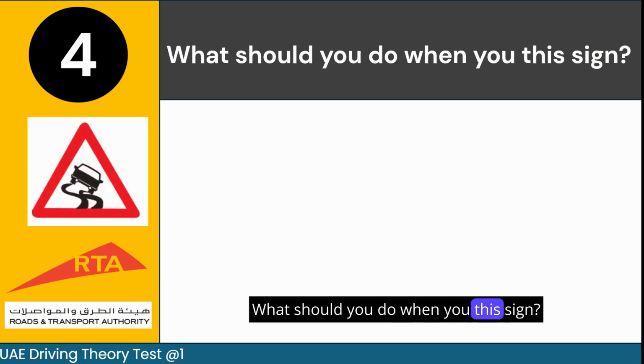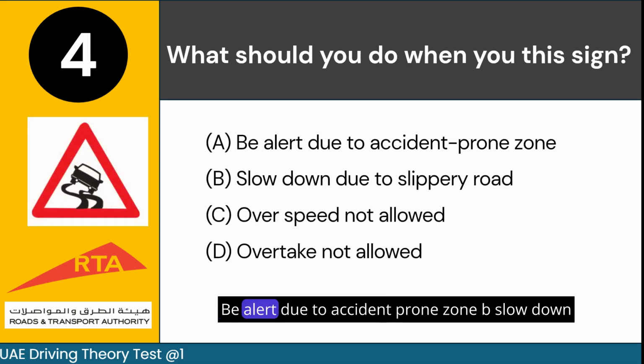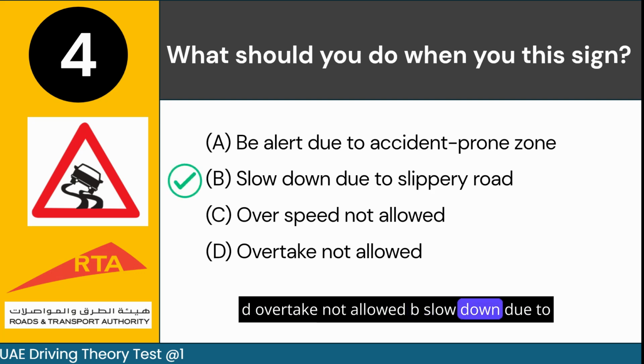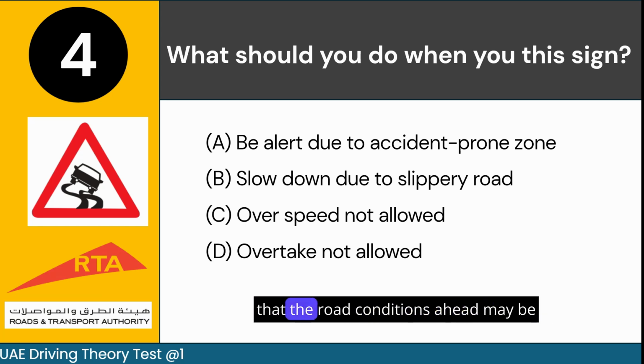What should you do when you see this sign? A. Be alert due to accident-prone zone. B. Slow down due to slippery road. C. Overspeed not allowed. D. Overtake not allowed. Answer: B. Slow down due to slippery road. A slippery road sign indicates that the road conditions ahead may be hazardous, requiring you to reduce speed and drive